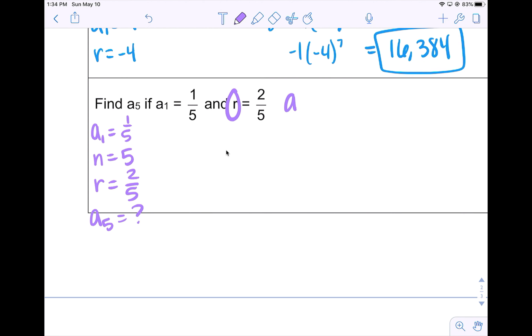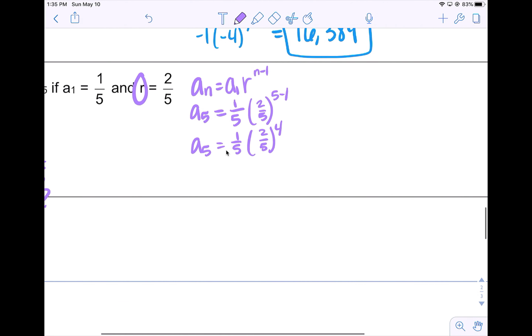So I'm going to plug in a sub n equals a1 times r to the n minus 1. So a sub 5 is going to be 1/5 times 2/5 raised to the 5 minus 1. And I would plug all of that into my calculator, and I get 16 over 3125,